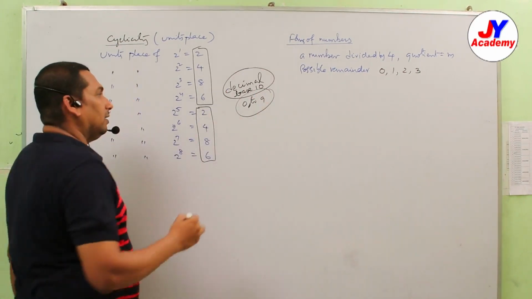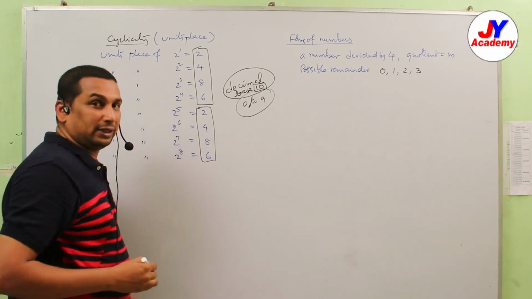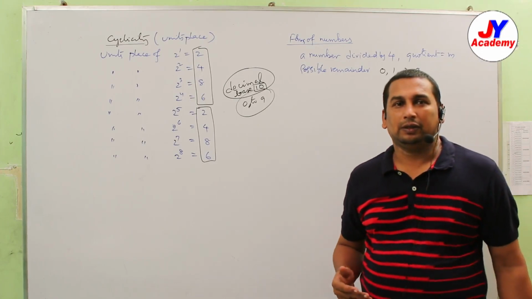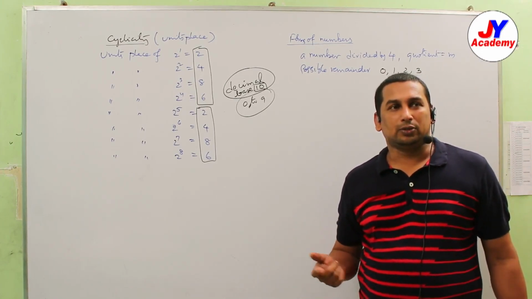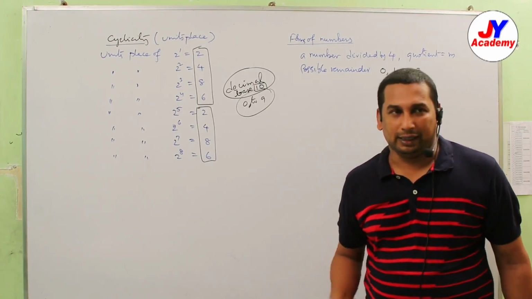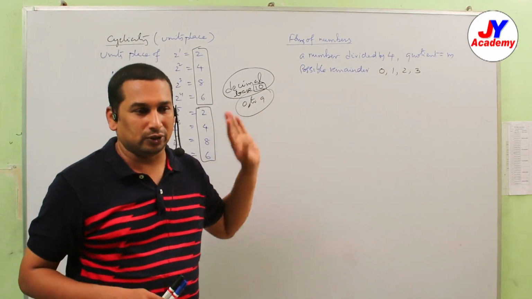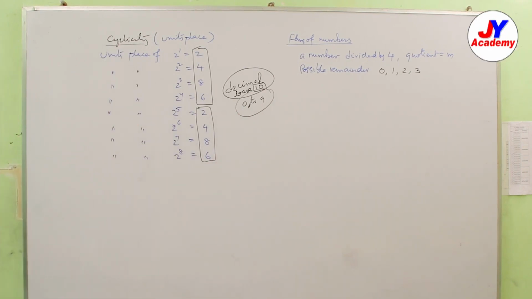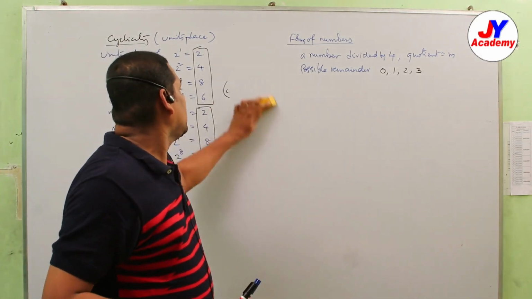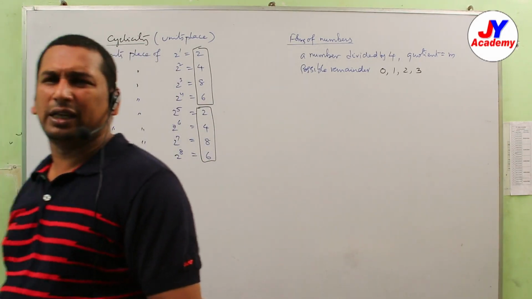Base 10. If a number is divided by 10, what about the remainder? The remainder may be 0, 1, 2, 3, 4, 5, 6, 7, 8 or 9. So these are the remainders from 0 to 9. That's why we use the digits from 0 to 9 while writing numbers in the decimal system. We can write numbers in the binary system, that is base 2, octal system, that is base 8, or base 7, base 12, like that. You may consider any kind of base.